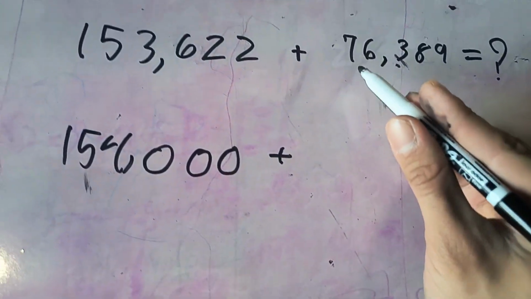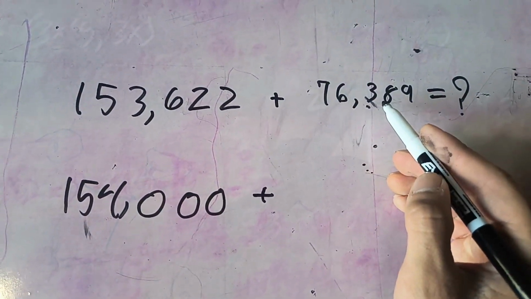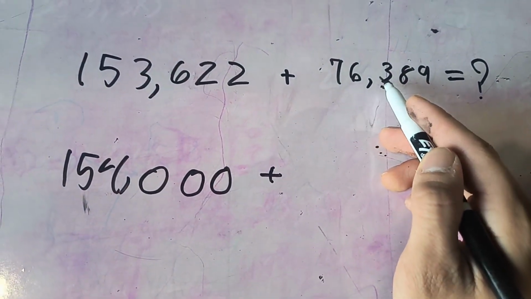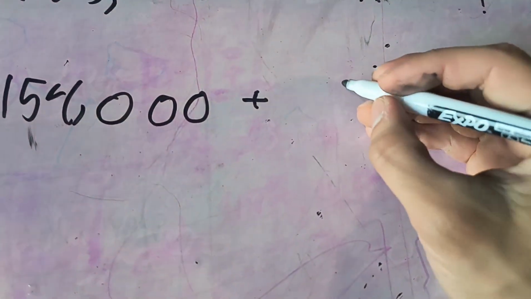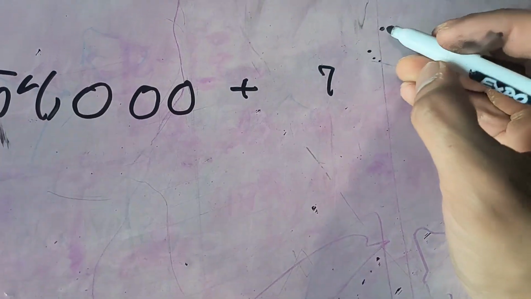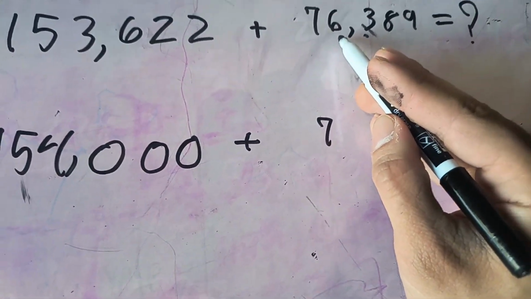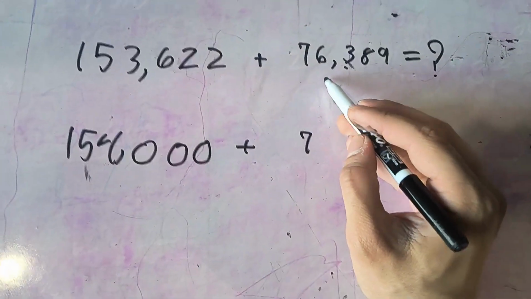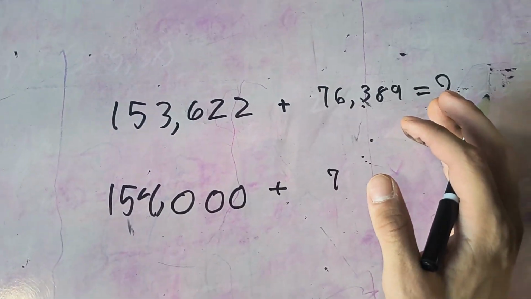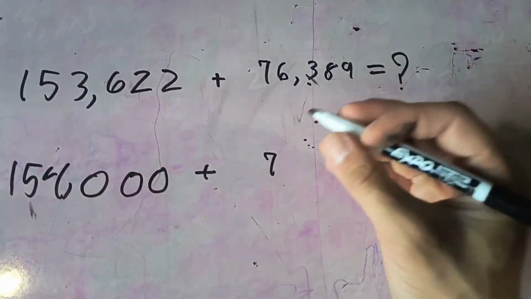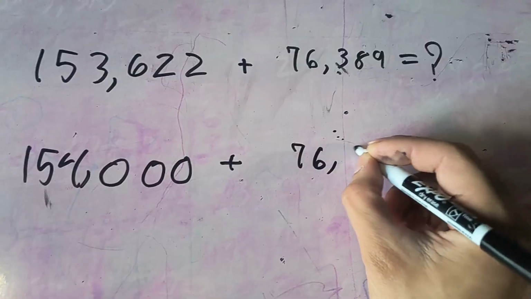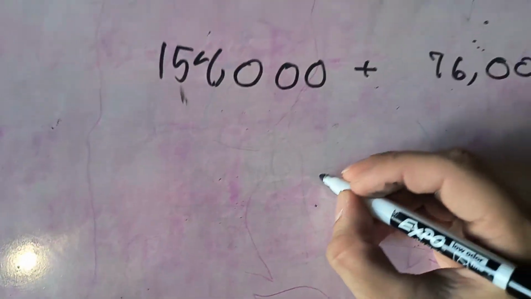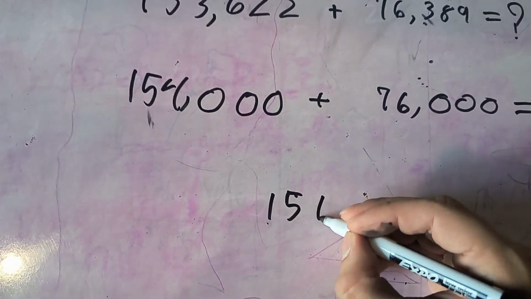And then this one, 76,389. Well, we have to look at this place right here because it comes before the thousands place. So what is 6,300 rounded to the nearest thousand? What thousand is that closest to? It's closest to 6,000. This should be just this. And if we add them together, doing vertical column addition,